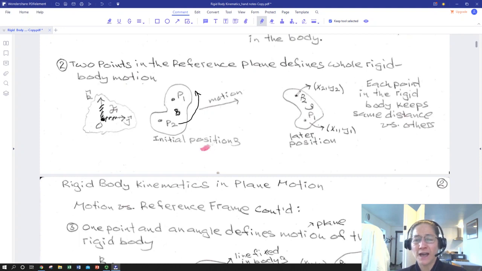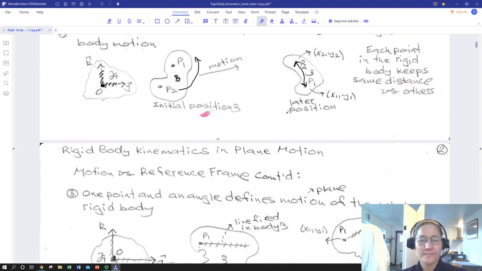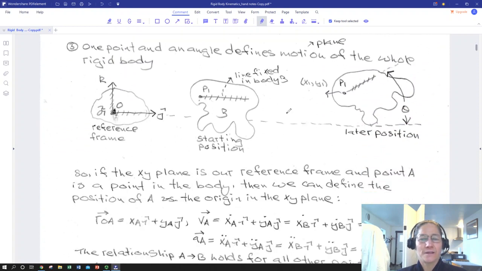But what we have found, if I had drawn this to scale, is this distance between the 2 points hasn't changed. So that's what the rigid body definition is giving us. And each of the points will have the same motion relative to O. Okay. So another way of saying, if I know 2 points on the reference plane, I know the motion of